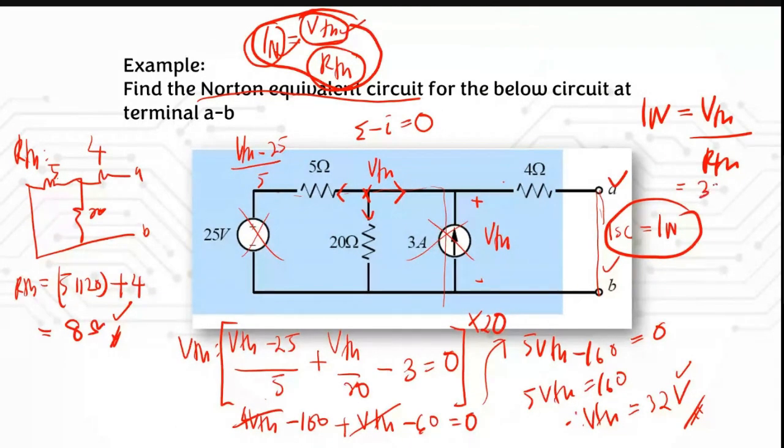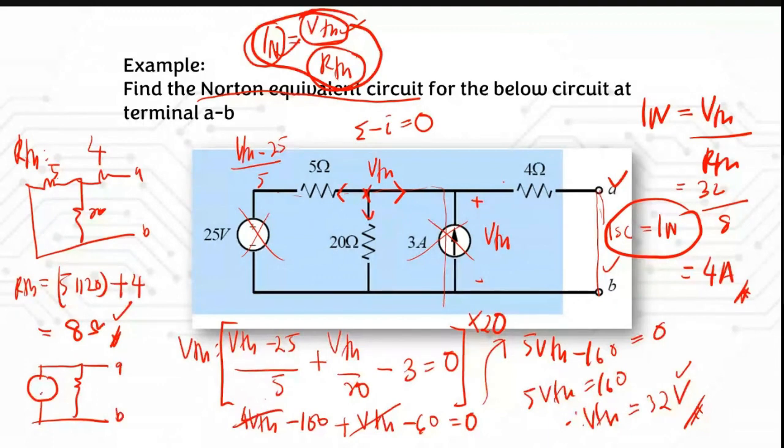VTH is 32 over 8. So we now know that our IN is actually equal to 4 ampere. So now you can draw the equivalent circuit. The equivalent circuit I just draw here, the equivalent circuit you will have here